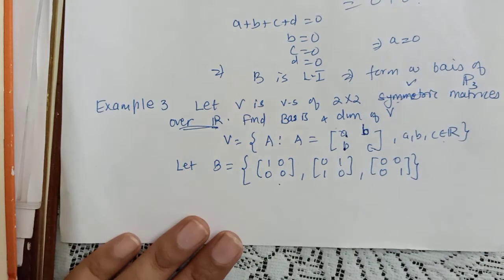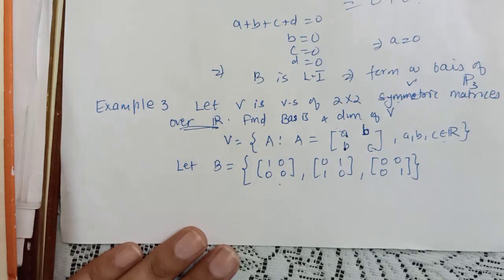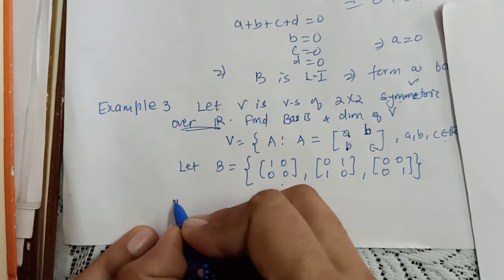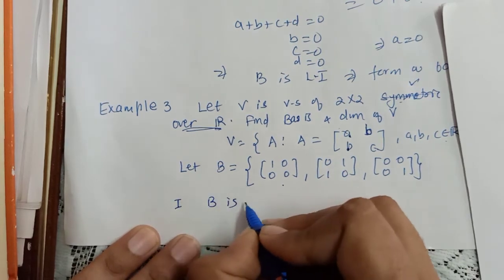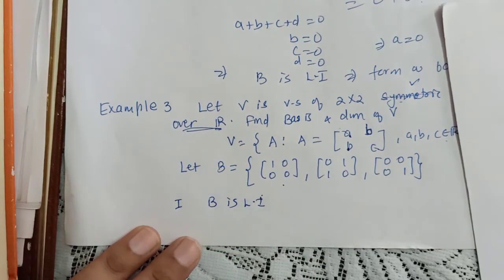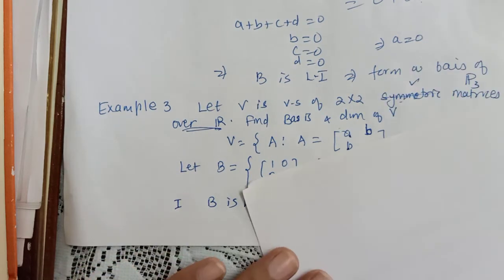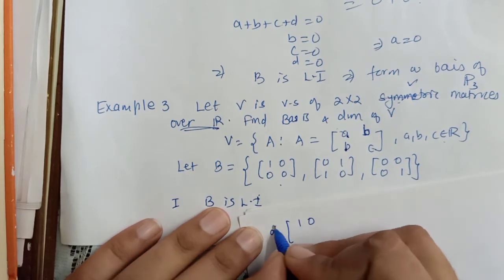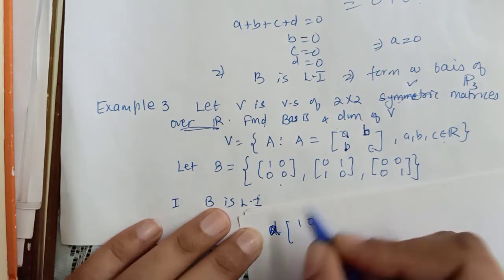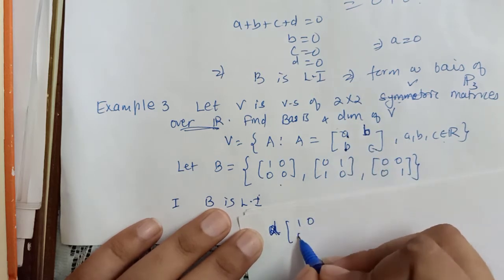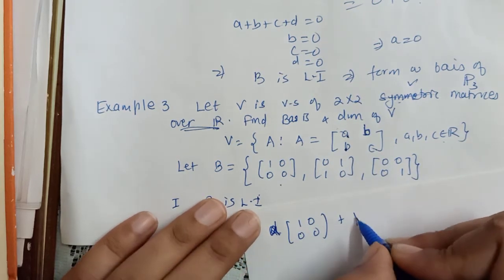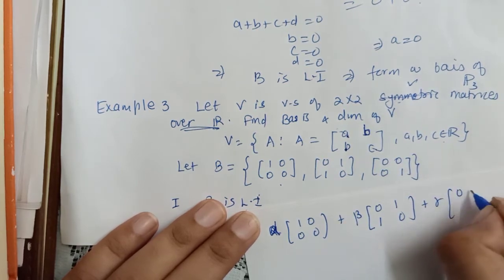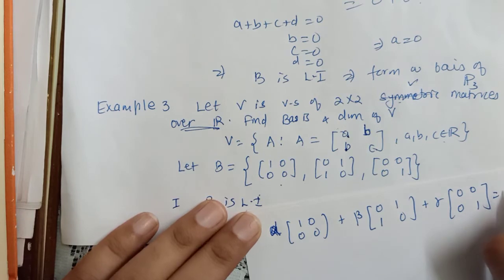Now I think that would be okay. Now we are to prove that this becomes a basis. In order to prove the basis, the first step is we have to prove that B is linearly independent. So in order to prove linear independence, I will write the linear combination of these vectors. I will use alpha because A is already used here: alpha times 1 0 0 0 plus beta times 0 1 1 0 plus gamma times 0 0 0 1 is equal to